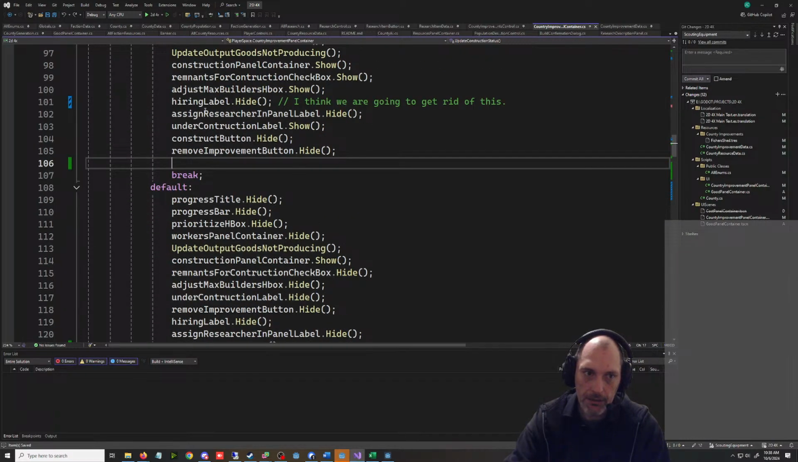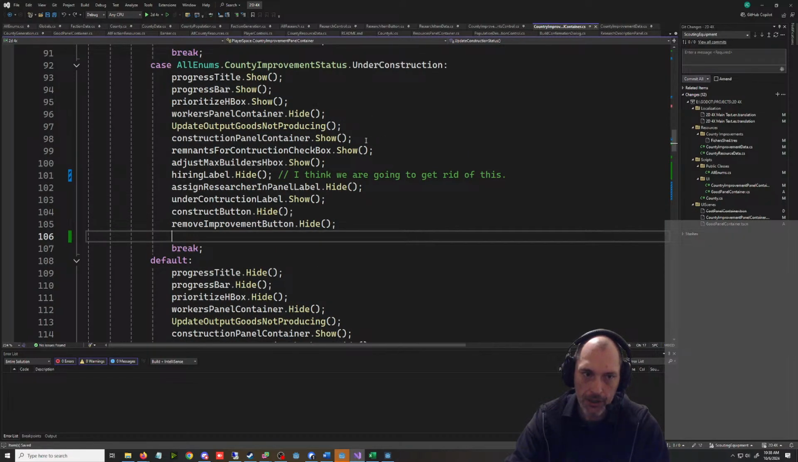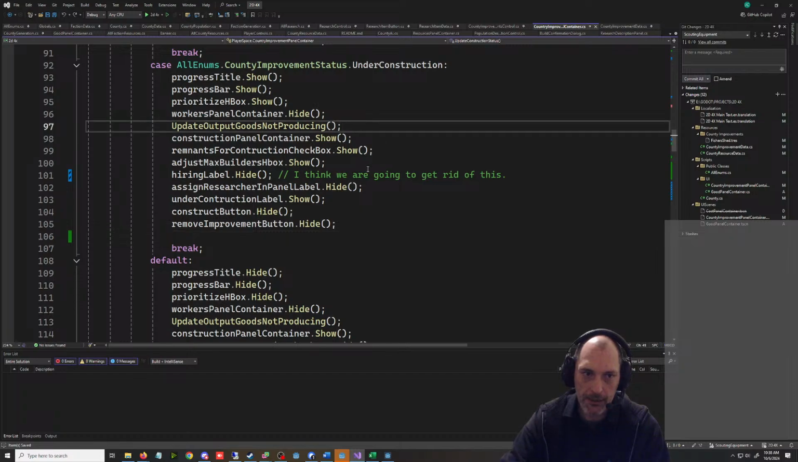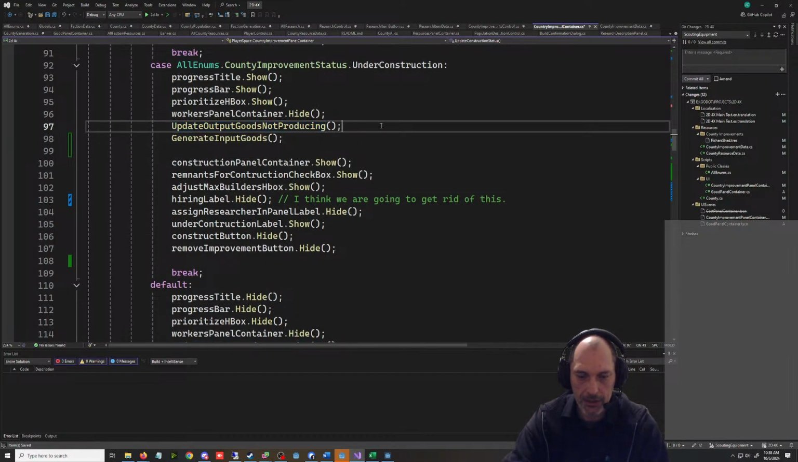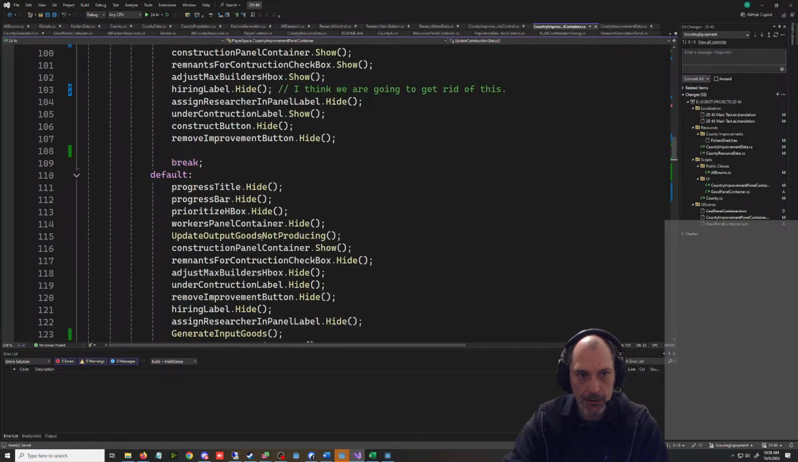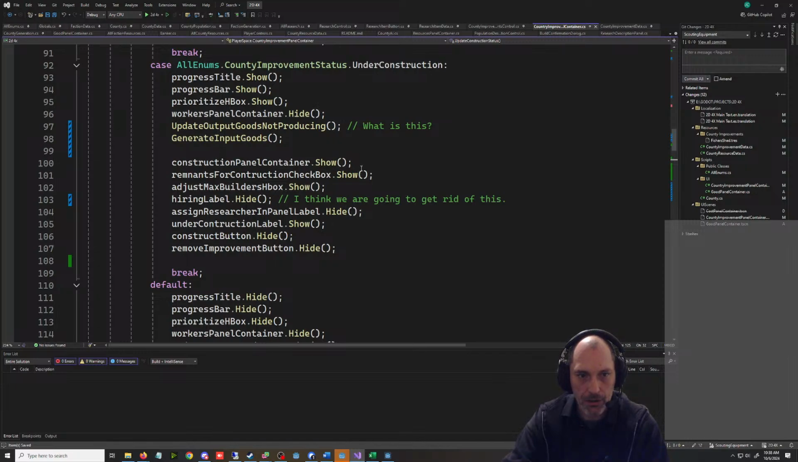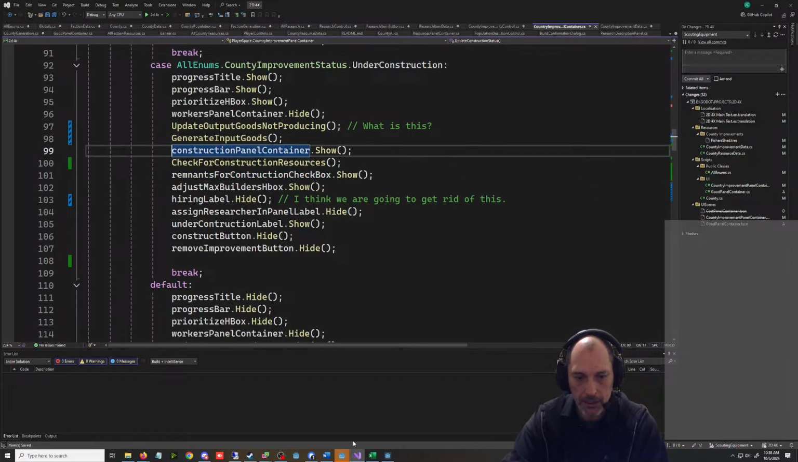So this construct panel container, show construction panel container show. That's going to be output. Good. I think this is where we actually want this. I don't know what this is. Well, what is this? We'll check on that in a second. But this needs to be up here too. It actually probably needs to be there. And then,